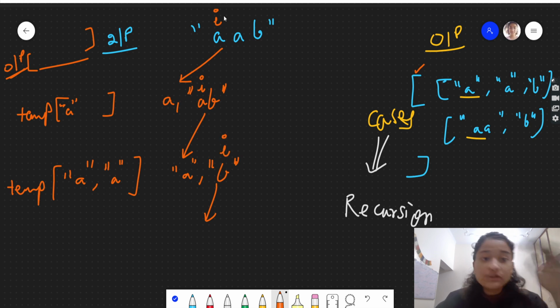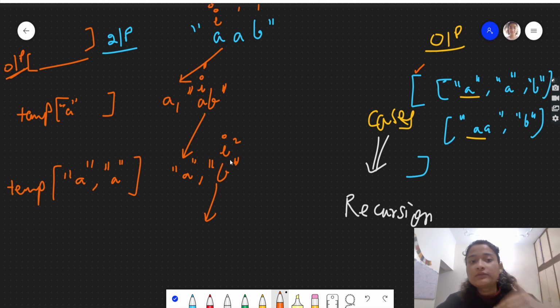If you see, in each recursive call, I is going one position ahead. If you do indexing 0 1 2, earlier I was on 0, now on index 1, now I is at the second index. So at each recursive call, we will be incrementing I to I plus 1.